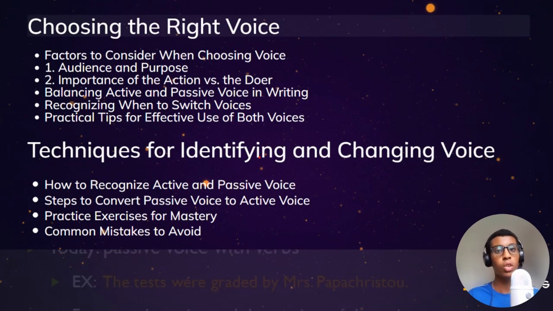Now, let's talk about how to change the passive voice into active voice in your writing. After you finish your first draft, take the time to read through it. You might even want to read out loud and listen to how it sounds. By reading and listening to your own work, you can catch awkward sentences and unclear phrasing, making them a point to revise in your next draft. This process also helps you identify where you've used active and passive voice and understand how they impact the overall